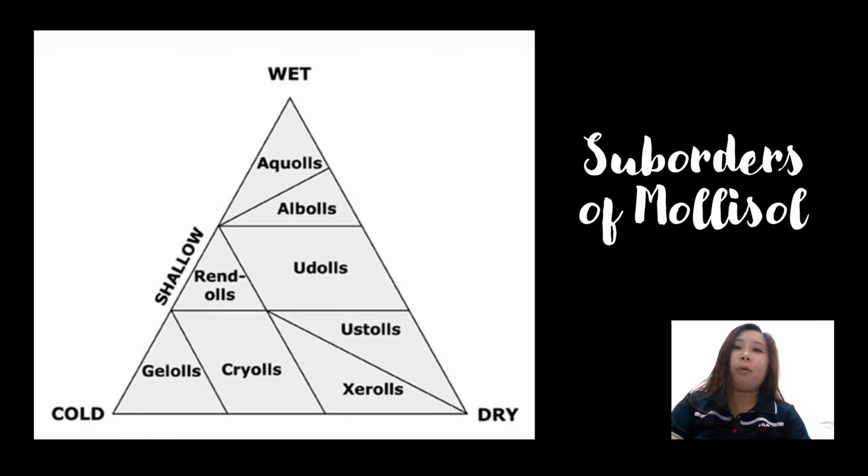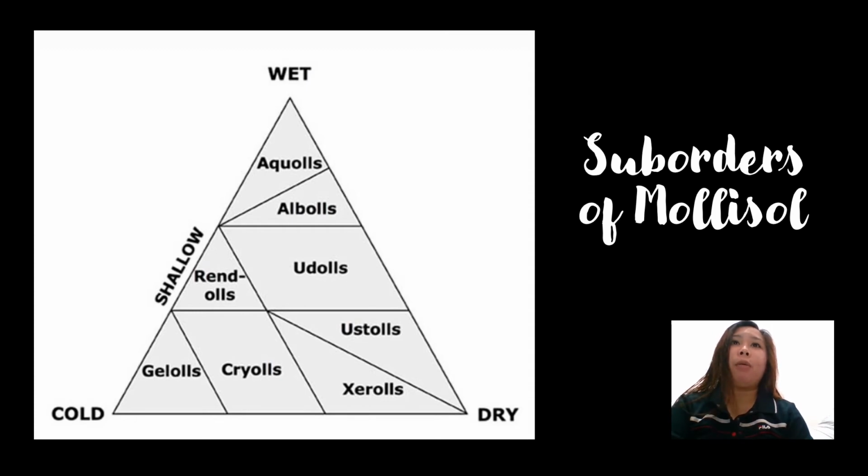Next we have the suborders of mollisols. And we have 8 suborders for mollisols. Aquolls are those soils that are wet, meaning wet mollisols. Albolls, these are mollisols having albic horizons. Rendolls, these are soils found in humid regions that formed in highly calcareous parent materials such as limestone, chalk, and drift that is composed of mainly